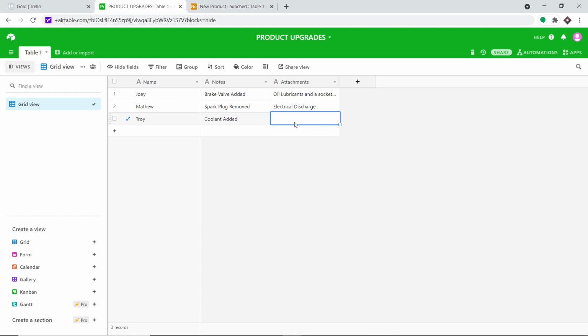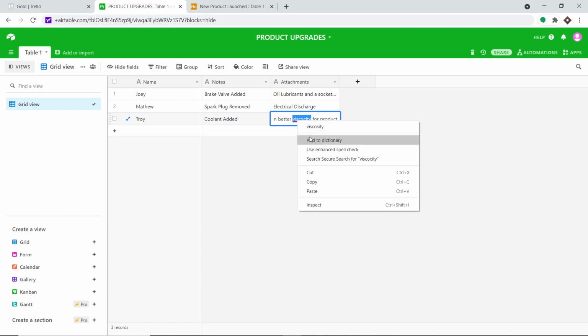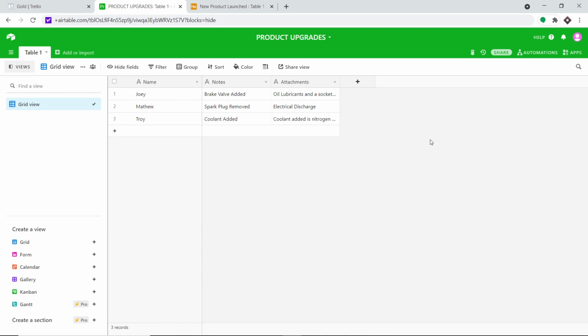The description is coolant added is nitrogen, better viscosity for product. So basically this is our newly created record.